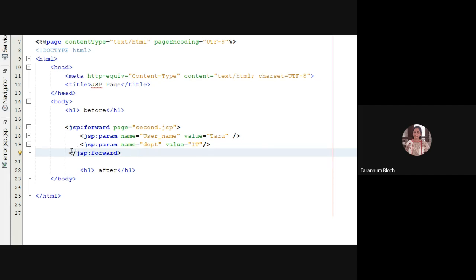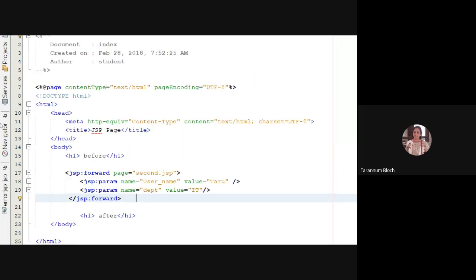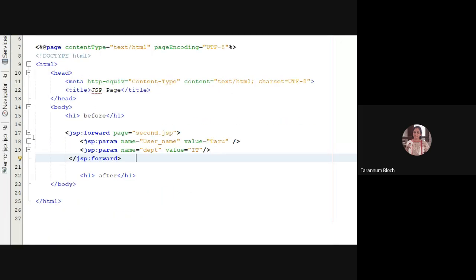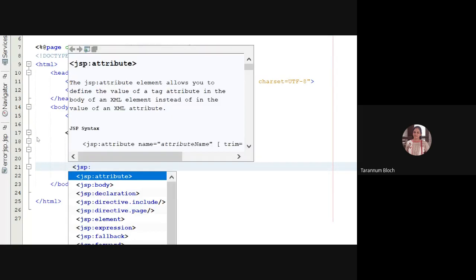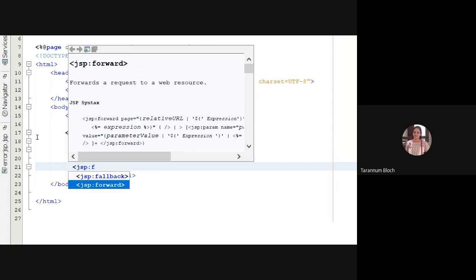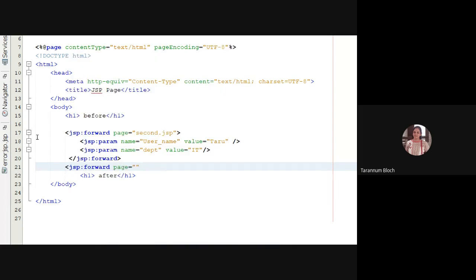And if I don't want to pass the parameter, then instead of taking the paired JSP action tag, this is in pair, starting and ending, I can go with the singular one. I can mention jsp:forward, right? I can mention the page, whatever it is, and I can close it here.